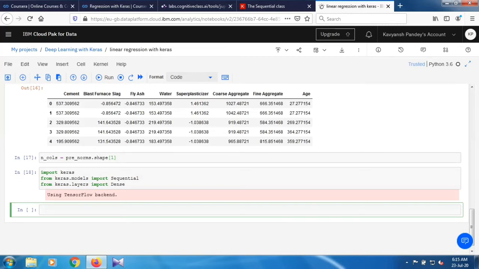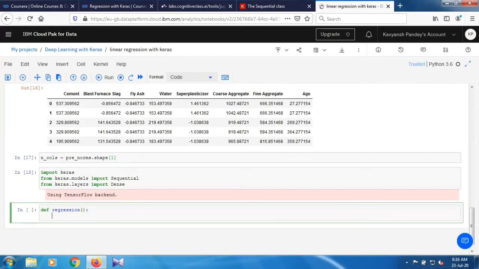Okay, so this is done for loading, or we can say importing libraries. In the next step we are going to build the neural network. For building the neural network, I'm just going to create a function called regression, because we are performing the regression operation, and inside this I will add all the layers. So first of all, define a function called regression. You can name it as you want, and inside this